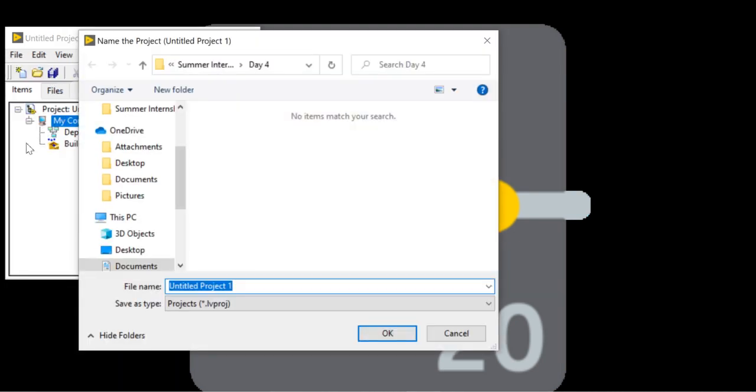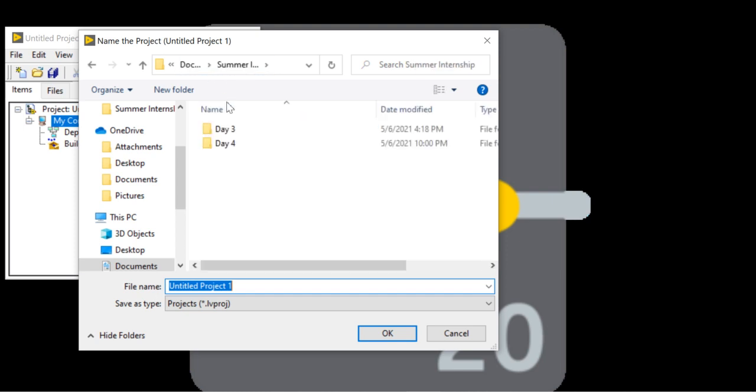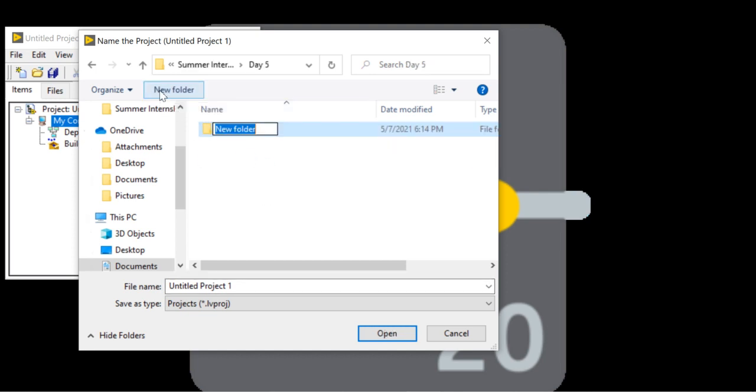When you try to save, it will redirect you to a location in your PC. It is redirecting me inside the summer internship day 4 folder. Here I am going to create a new folder, day 5. Inside day 5, I am creating one more folder, my first project.